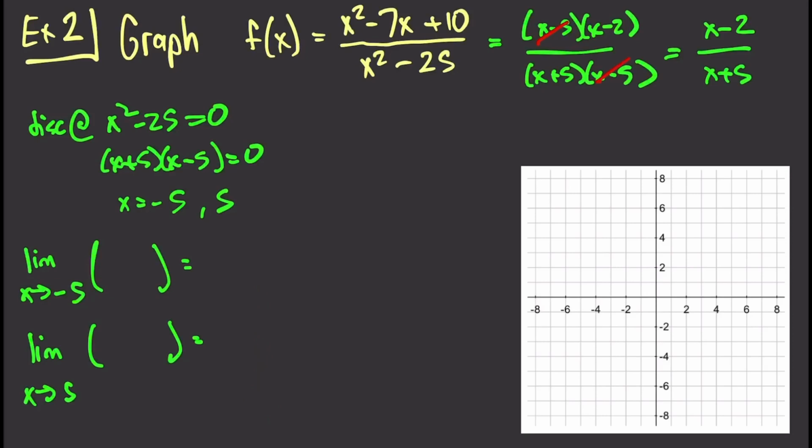Okay, so let's plug that in. X minus 2 over x plus 5. Now I can evaluate the limit. Let's put in a -5 here and here. I think you guys can see what's going to happen. I get like -7 over 0. That does not exist. So what have we said? I have discontinuity. The limit does not exist. That's a vertical asymptote